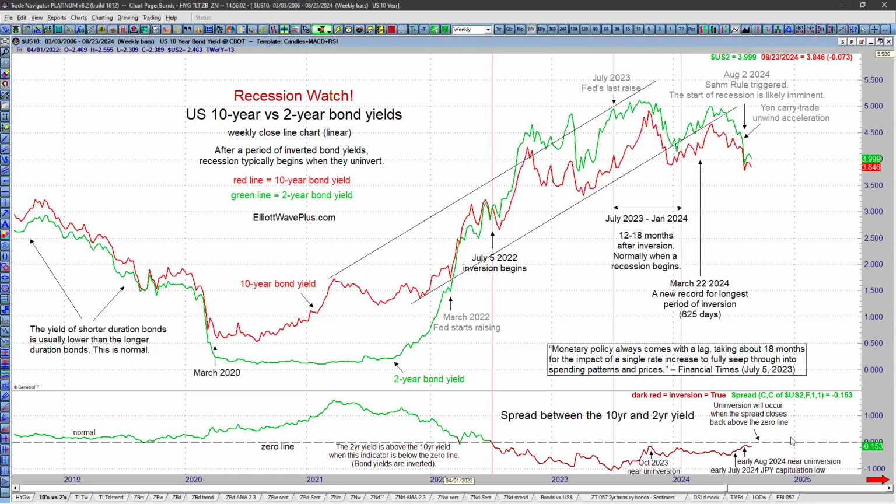And the last shoe to drop, I think, is where we will see this uninversion of bond yields. And as you can see, very recently, this indicator has been moving up toward the 0 line. As soon as it crosses over, my subscribers will know that, because I put a screenshot of this